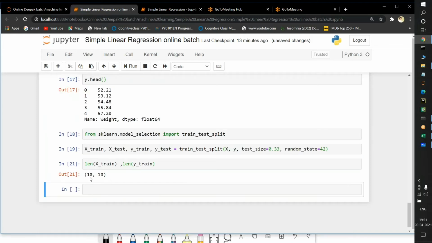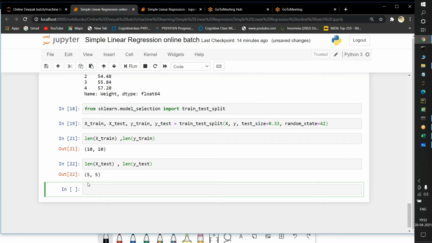See, 10 rows, 10 observations came for training, 5 observations will go for test. Test, and the length of Y test. See, 5. So 10 plus 5 is nothing but 15 only, no? So 10 rows went for training, 5 rows went for testing.